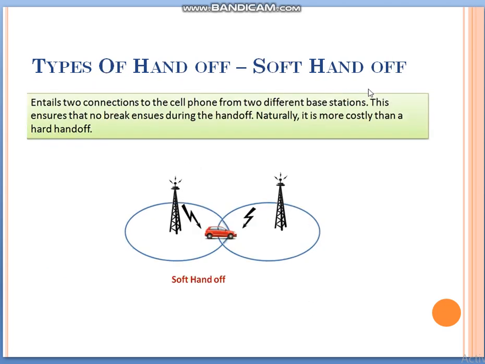And what is soft handoff? When the user is in this place, it is connected to this transmitter, and when the user is going to any other place, it automatically connects to a different base station, without disconnection from this station. Automatically the previous base station's signal drops out and becomes weak, and the signal from the nearest base station becomes strong, and this is called a soft handoff.